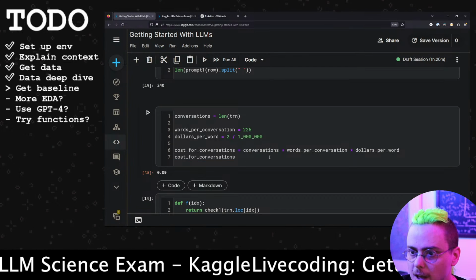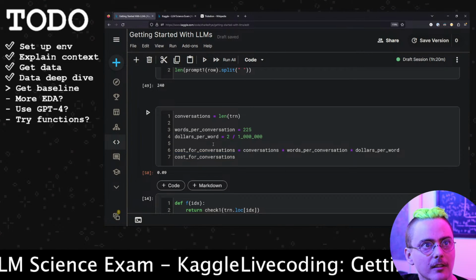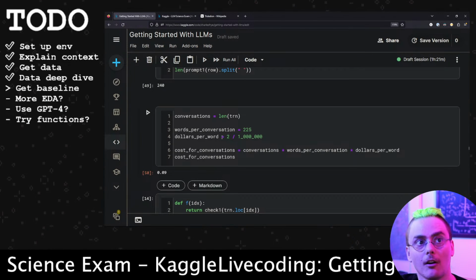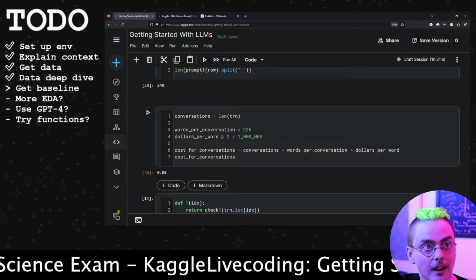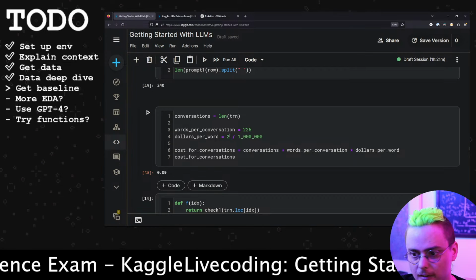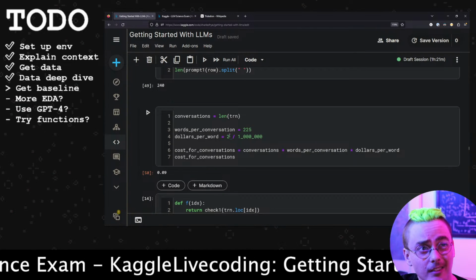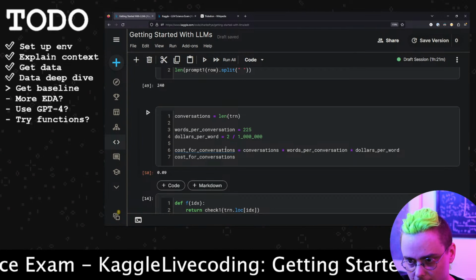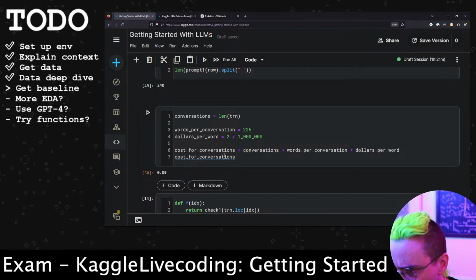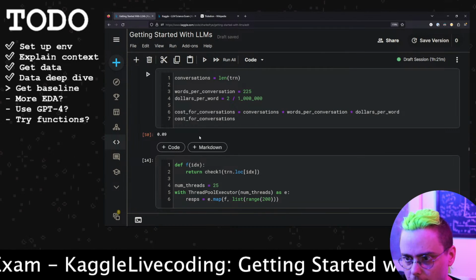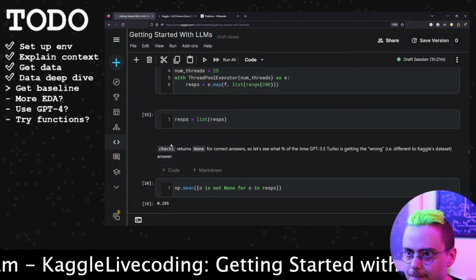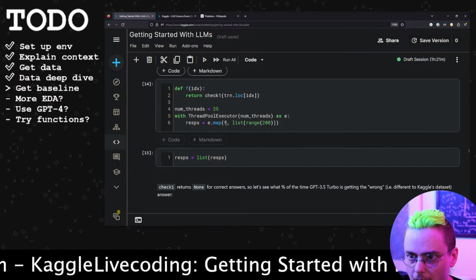So keeping around something like this for cost estimation isn't a bad idea. Definitely a lot of language modeling libraries will include cost tracking. So you can send a query and see how much it cost you. That's another way to watch this. I'm not sure which ones include cost estimation, but definitely cost tracking is in a lot of language model libraries. But yeah, it looks like it's going to cost us 10 cents. So not going to break the bank. We aren't going to spend like $100 on the OpenAI API. So let's go ahead and run this code.